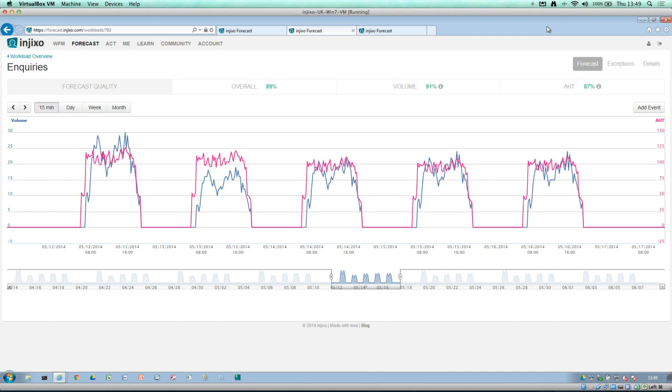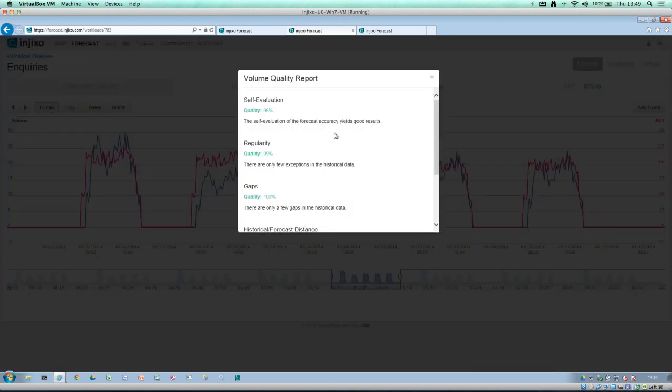I think that's the best way, like Penny mentioned earlier, it's an anomaly. However you refer to that trend being broken, is it too high, is it too low, is the volume greater than expected or under? Now, when we look, obviously we've got the forecast here, that's being based on all those anomalies being factored out. So if I hit this little eye icon next to the volume here,